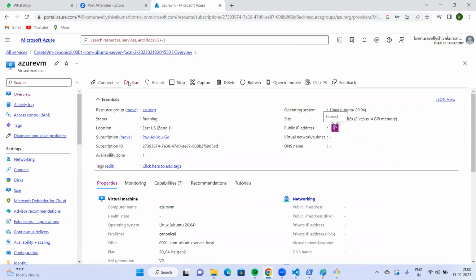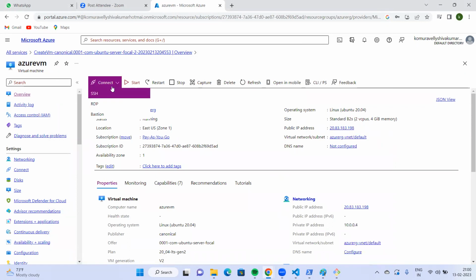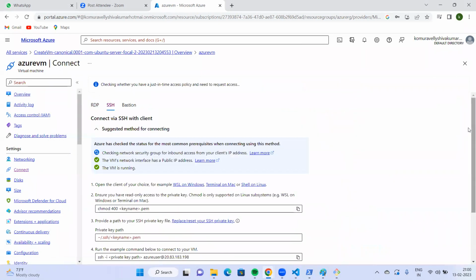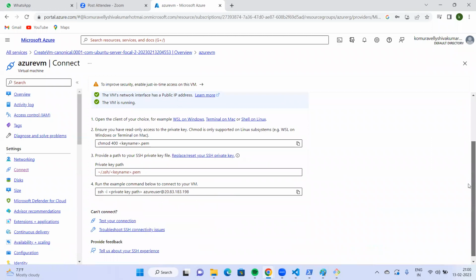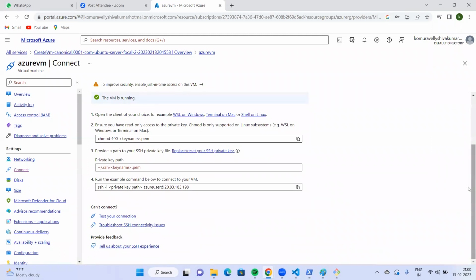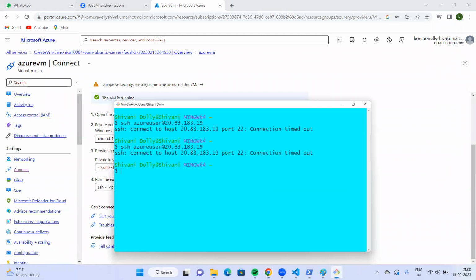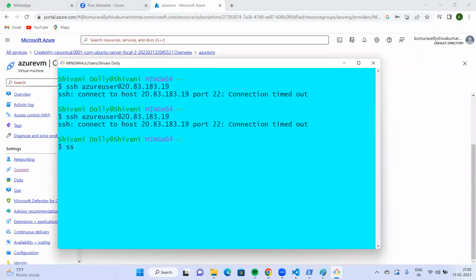What is the username I have given? Is it Azure user? Sir, we can use remote desktop connection also now, sir. No, remote desktop connection is for Windows. Okay, sir. This is for Git, right, sir? Yes. Azure user